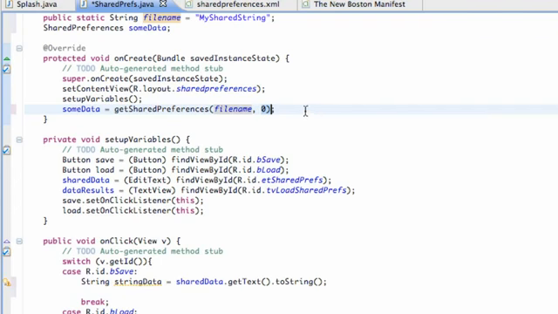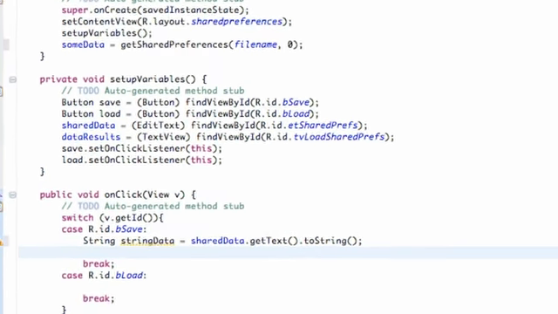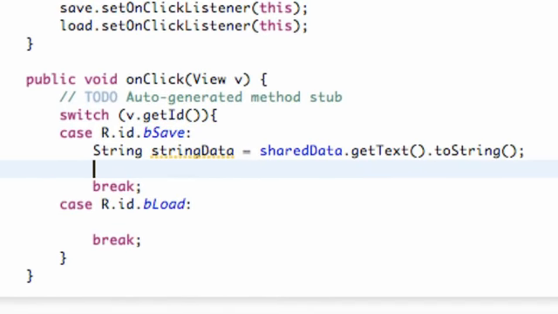Now what we're going to do is use an editor to edit the information and then save it as well. We're going to do that within our save button that we created. The first thing we have to do is access the editor. The editor is from the shared preferences class, so we're going to go shared preferences